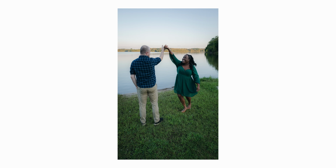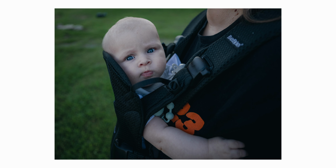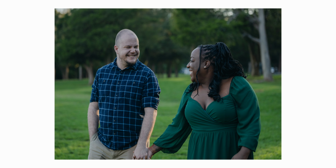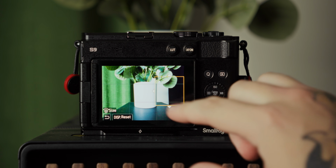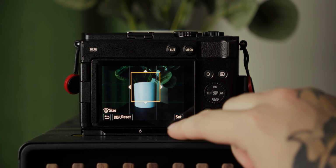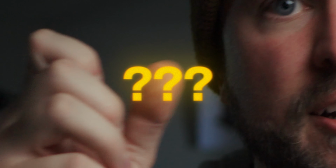The full frame, everything's so great except for this. And to further this point, I brought this camera on an engagement shoot me and my wife did for our friends last week. We kept accidentally hitting the touch screen so many times on the S9 that it would move the focus point. This would be alleviated if the screen was shut and I had my eye up to a viewfinder where I could see everything and move the focus point with a little nipple dial or something,